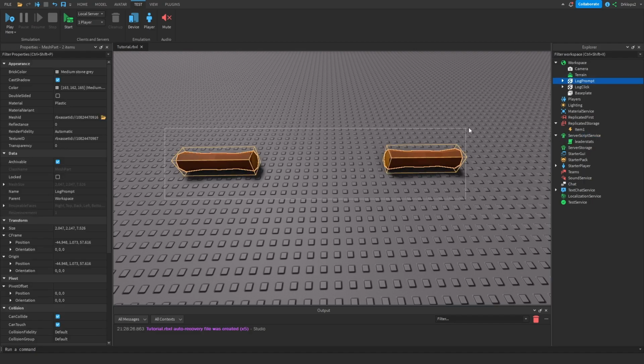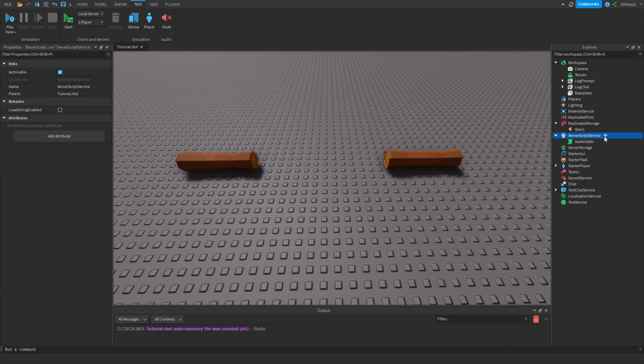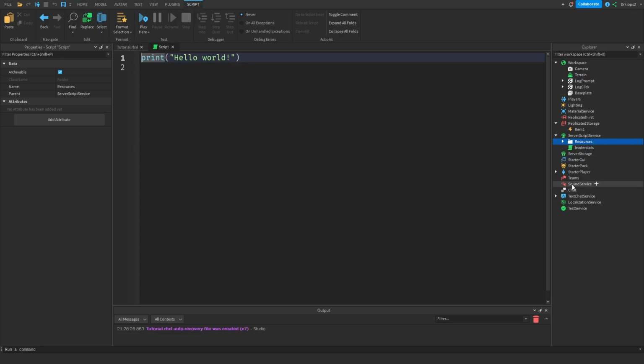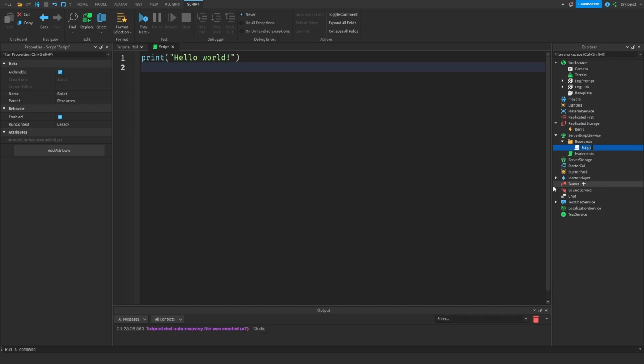If you're going to have multiple resources in your game, I recommend creating a folder inside ServerScriptService to store all your resources. Now let's rename your folder to resources. Inside of this folder, we can add a script. Inside of our resources script, let's go ahead and do item 1. This can pretty much be named whatever you want. Inside of our item 1 script, let's go ahead and do